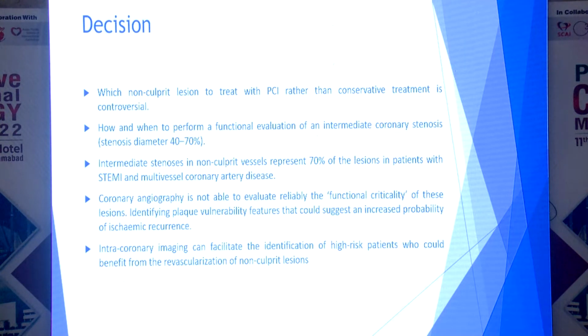Coronary angiography is not able to reliably evaluate the functional capacity of these lesions, identify plaque vulnerability, whether they are going to develop MI or not, or suggest an increased probability